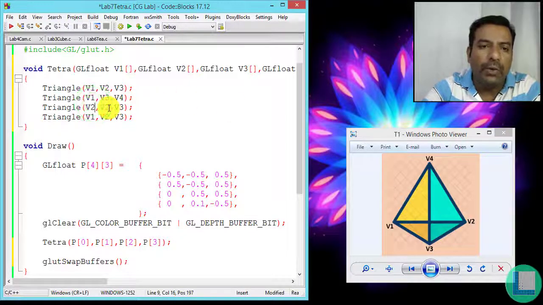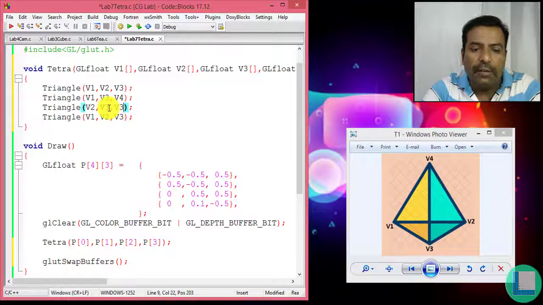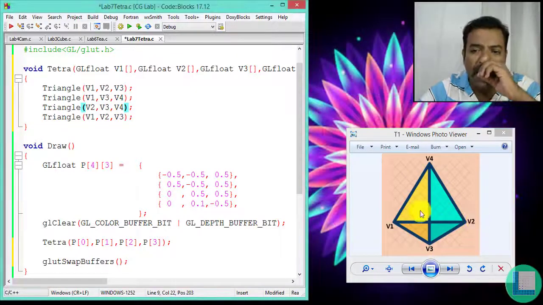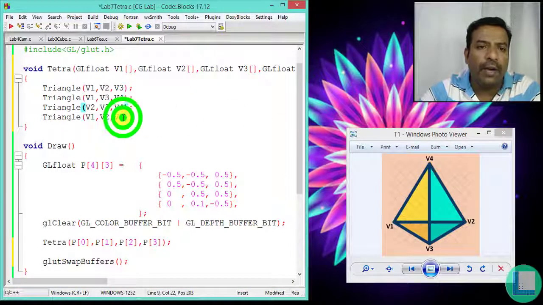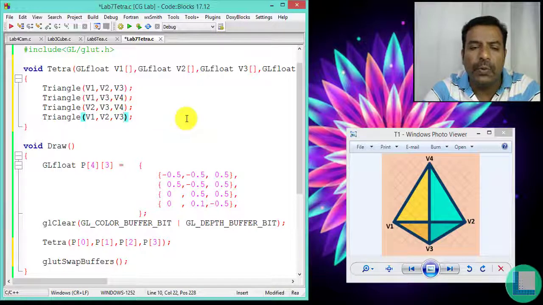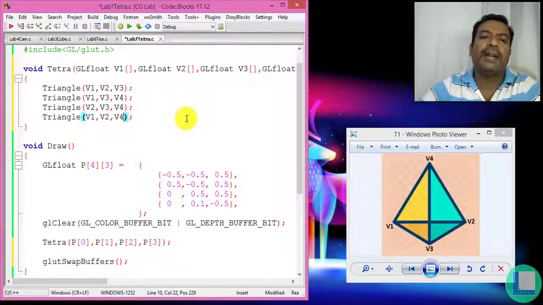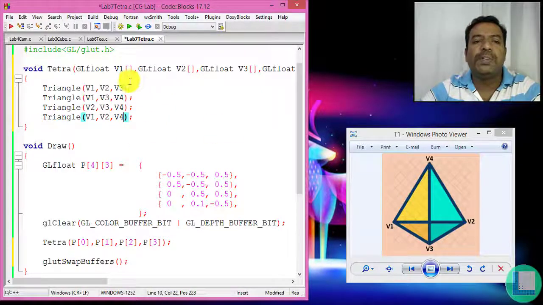You can give them in any order. You can start from v4, then go to v3 or v2. You can follow any order, start from anywhere and end anywhere. And the next one is v1, v2 and v4. I'm going to have the remaining 3 faces with these points.